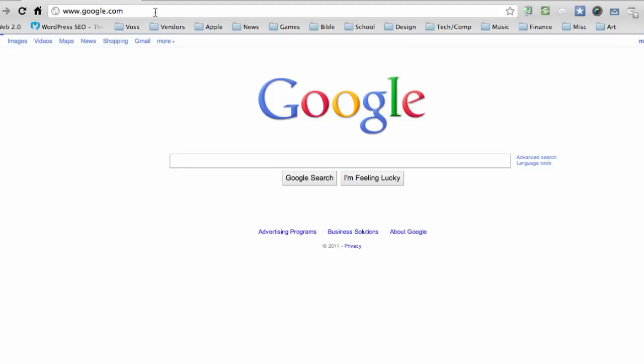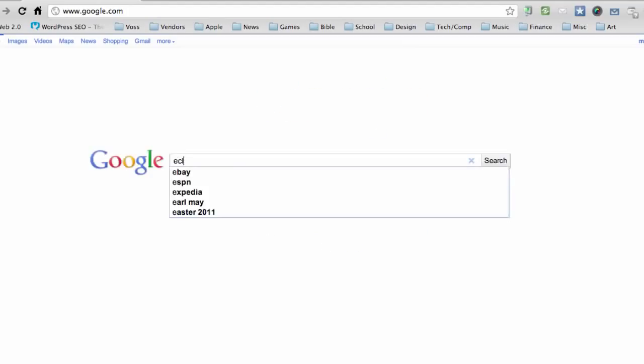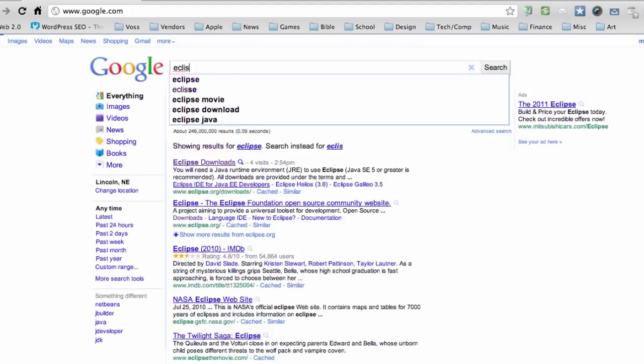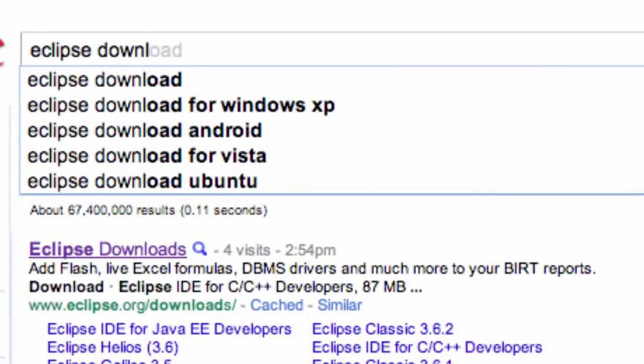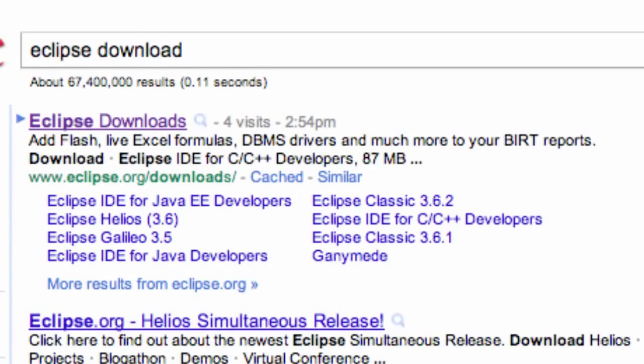Welcome to your second Android tutorial, and what we're going to do in this tutorial is again some boring stuff like installing software. The software we're going to install is Eclipse. So go into Google, type in Eclipse or download Eclipse. I'm going to say Eclipse download, and it should be the first link from